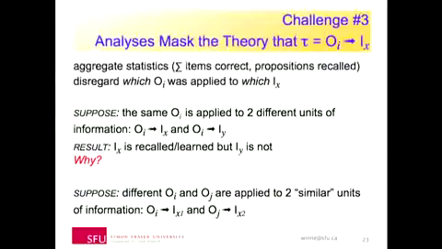Here's another case. What if there are 2 different units of information and different cognitive operations, and you get the test items for both of these bits of information correct? Well, how did that happen? First of all,